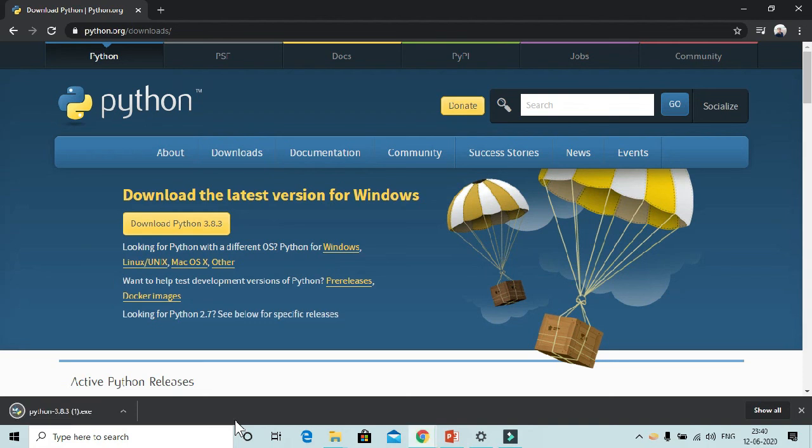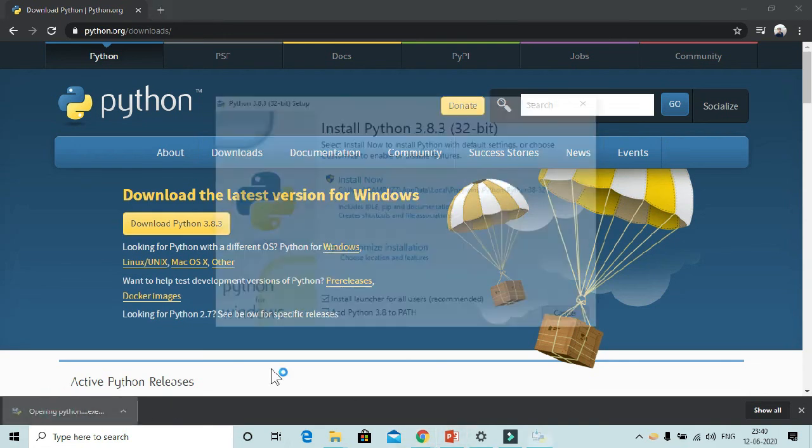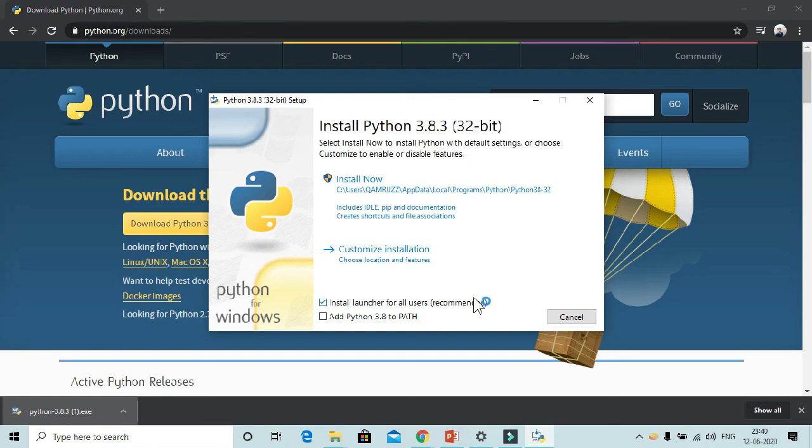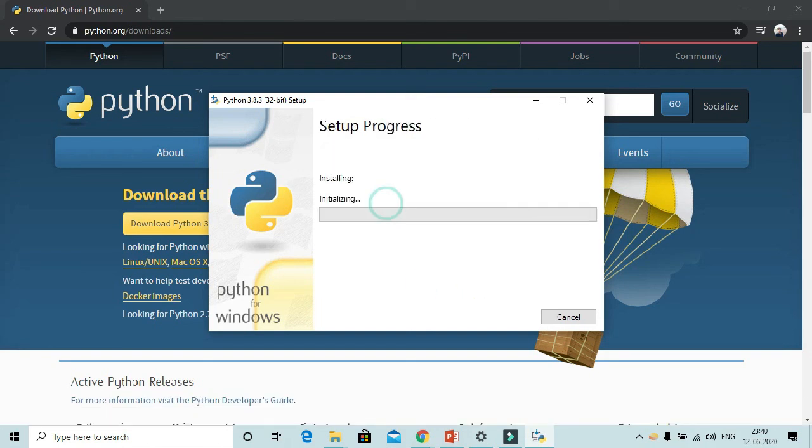So now, installation of Python. Downloading of Python has been completed. So I simply have to double click this setup icon and there will be a new screen. You have to just click on the install now button. It will ask for user credentials and you can select yes. So now installation begins. It is loading standard libraries and all the things which are included in the default setup.